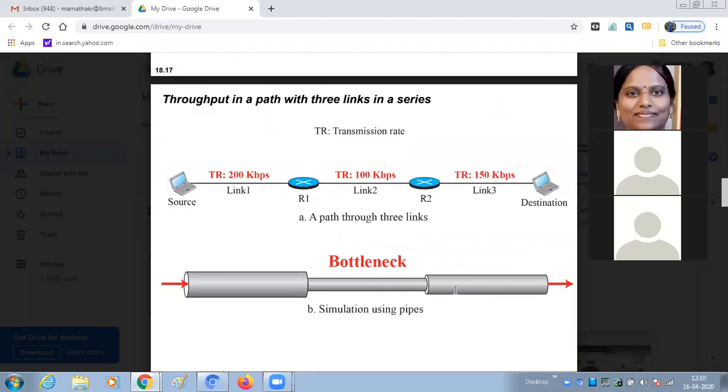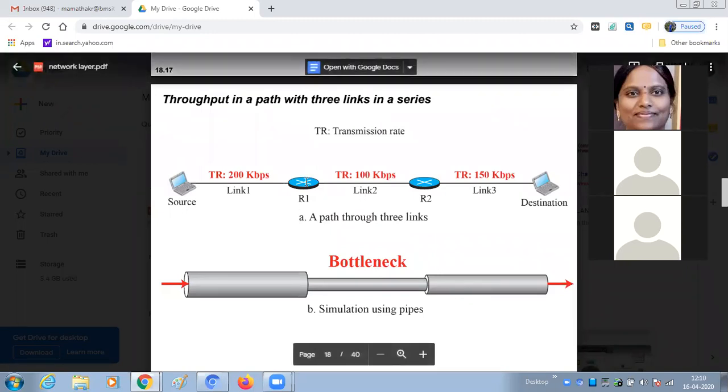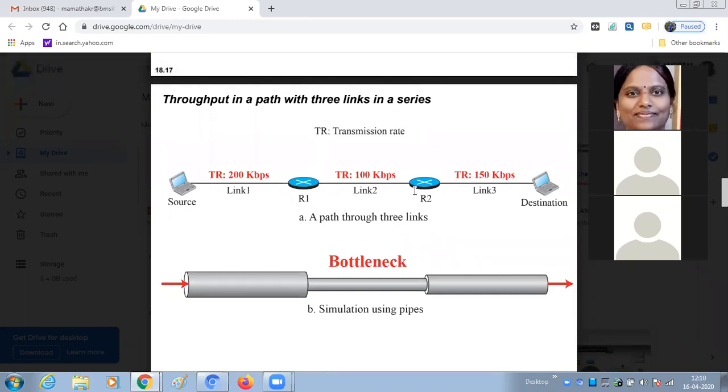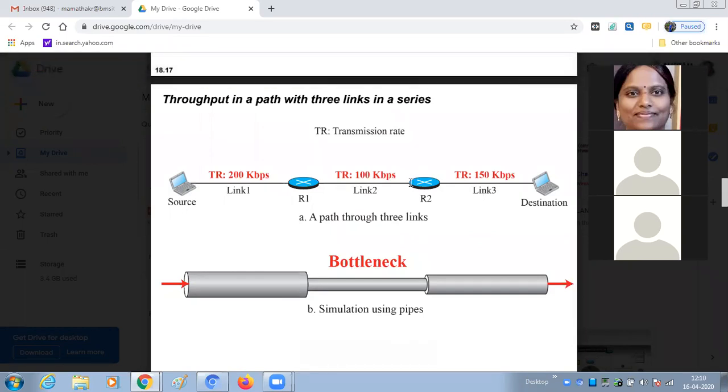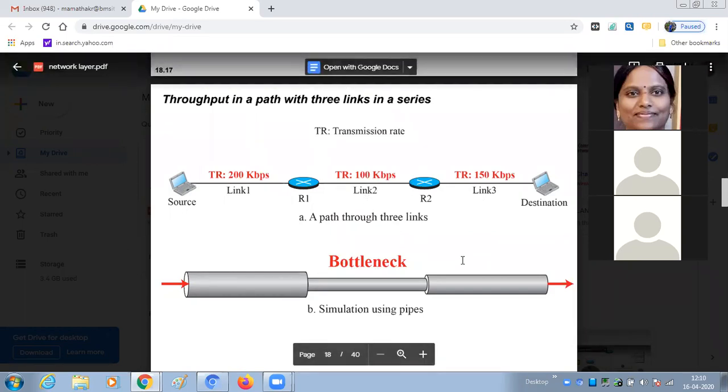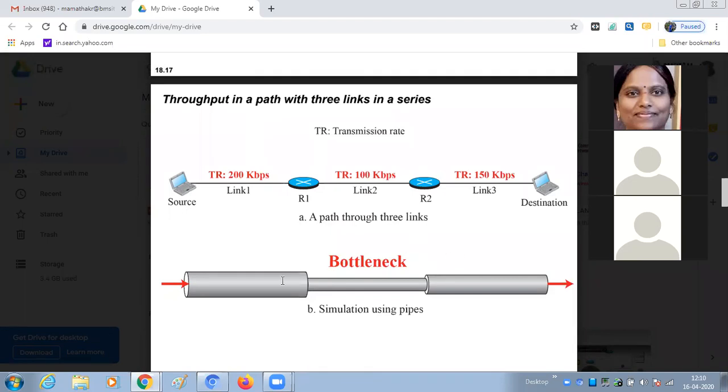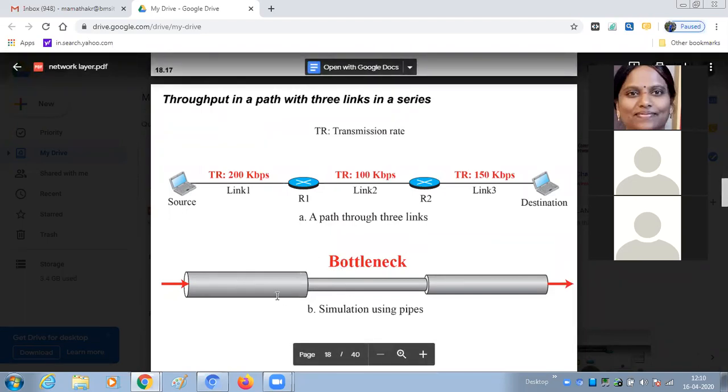But the problem is that the middle link 2 has a lower transmission rate compared to these two: only 100 kilobits per second. This is a simulation using pipes just to show what will happen if you have different data rates in different links. So this is an example.